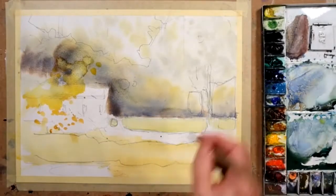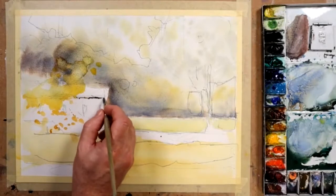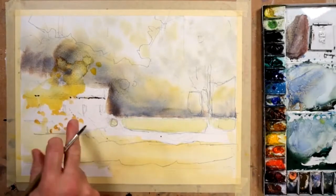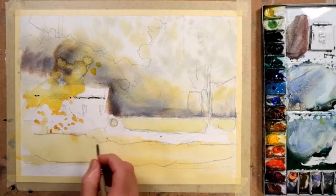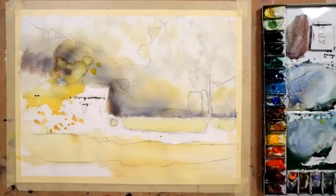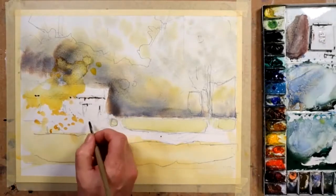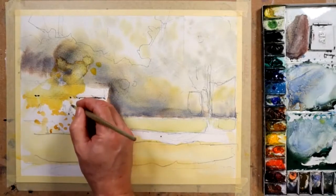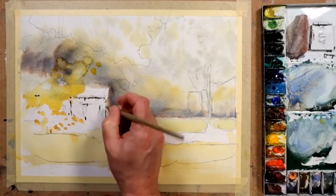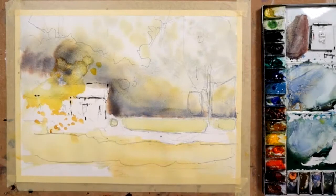So what have we got? I could do tree trunks with this mix, but I'm just going to satisfy my concerns here regarding the edge of the roof, perhaps, of the cafe. Now the little banners, the little advertising flag things are pale in color, so I need to stay out of those, and I'm just suggesting what might be the edges of doorways. It might be some trim, some cladding of the building. Seems to have an edge somewhere around here. Can't see the edge exactly, so